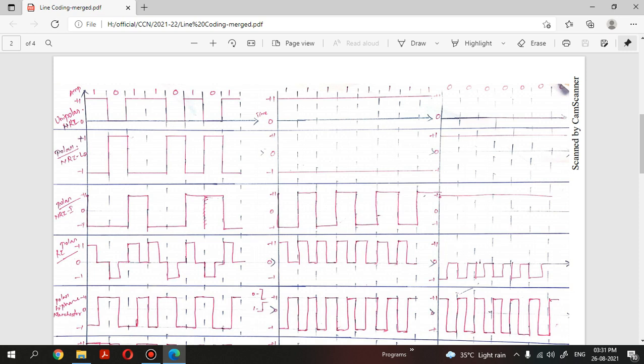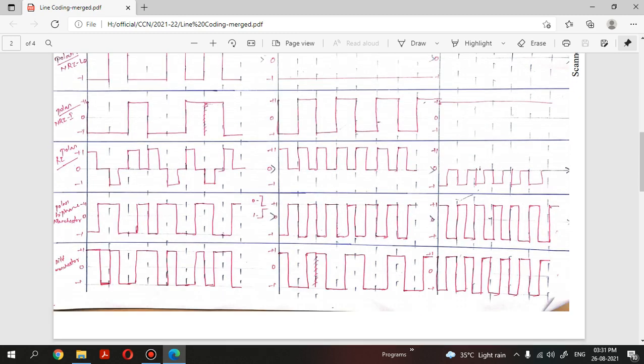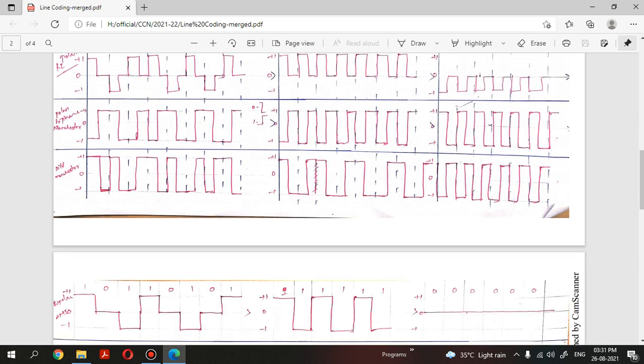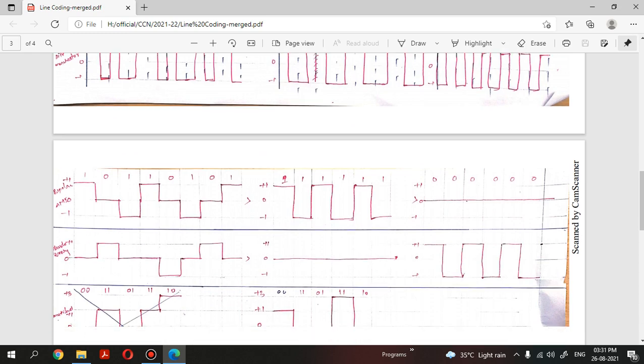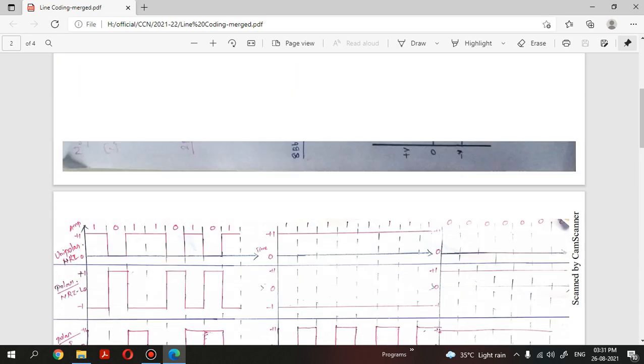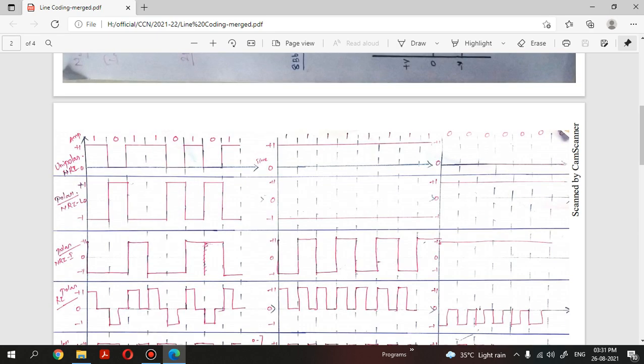So there are various mechanisms that exist. We'll see them one by one. What are all the mechanisms? Let's see. Unipolar NRZ, polar NRZ level, polar NRZ invert, polar RZ, polar biphase Manchester and differential Manchester. One is Manchester encoding, another is differential Manchester encoding, the bipolar AMI mechanism, pseudo ternary, and multi-level schemes also exist, right? We'll see them one by one with more detailed explanation.